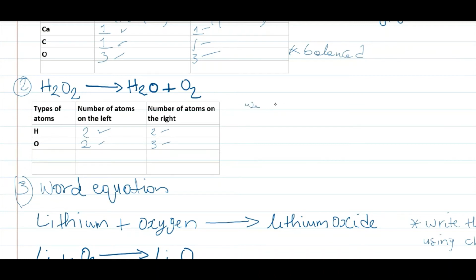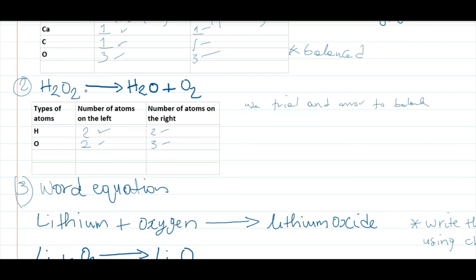Use trial and error to balance the equation. So now what we have to do is we have to somehow put a whole number in front of one of these chemicals